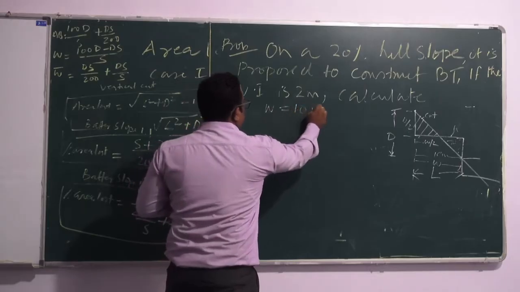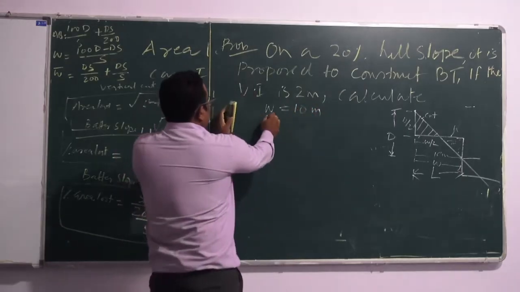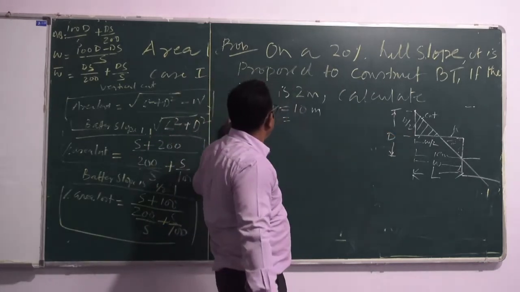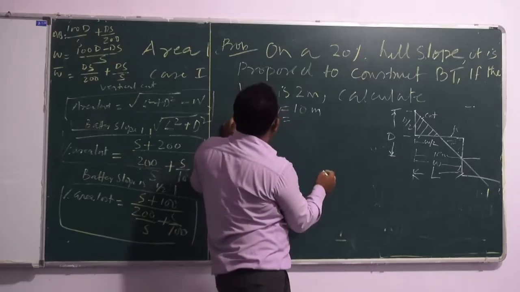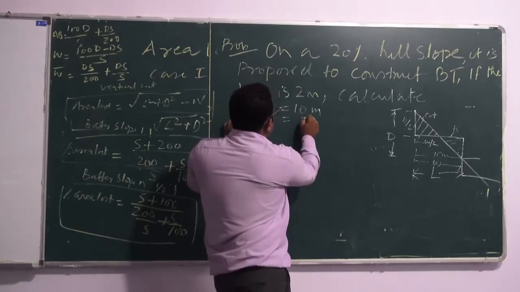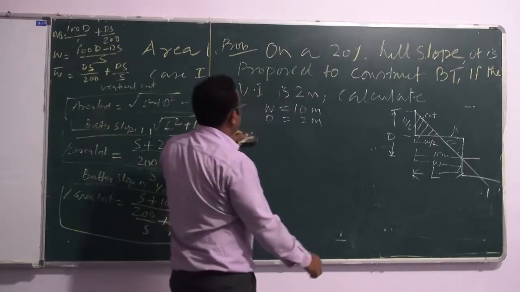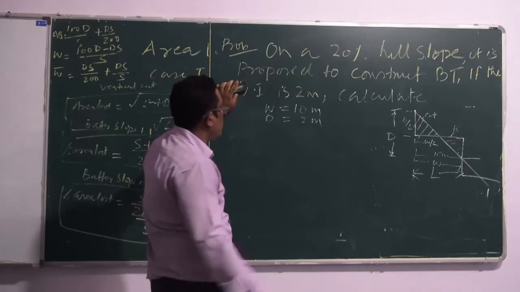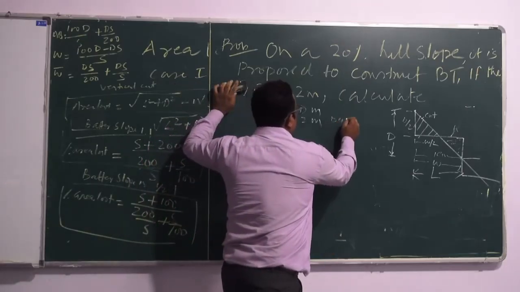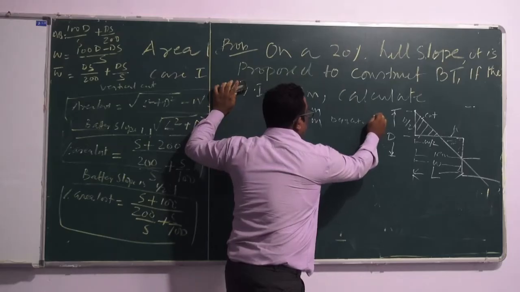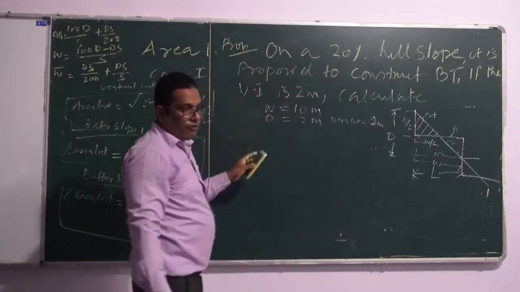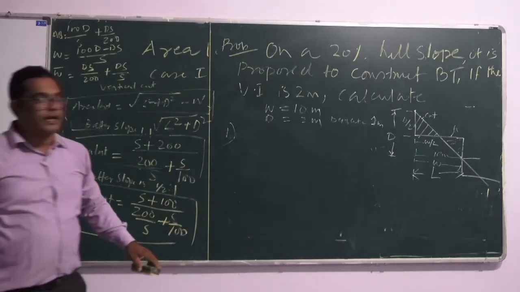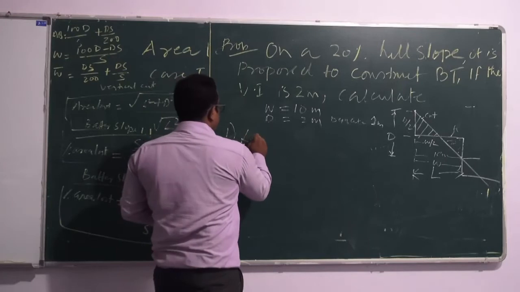Width is 10 and D is the depth of 2 meter. D is your vertical interval. Depth of cut will be D by 2, that is 1 meter. And what we have to find out first is the length per hectare of bench terrace. So length per hectare,